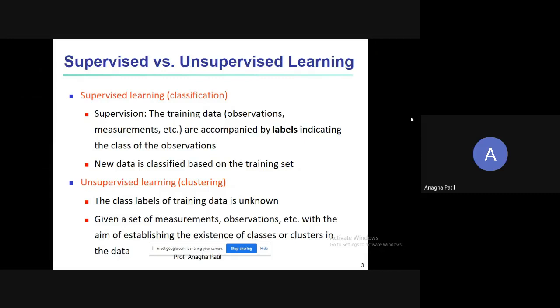Let's say there are 5 subjects, so there are marks of 5 subjects. And at the end, we have a column specifying the pointer. Now, if the task given to you is to classify whether a student falls within the class having the pointer greater than 7.5 or the class having the pointer less than 7.5.